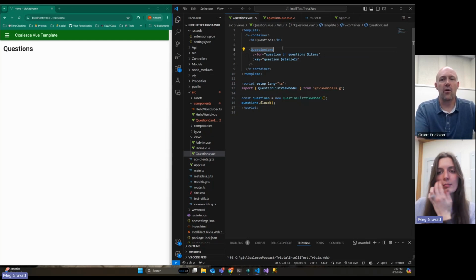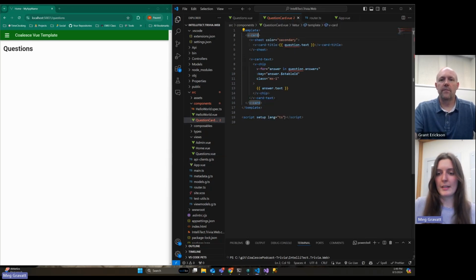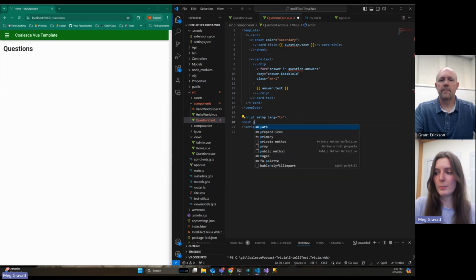And it doesn't even need a close tag. You just get to do a self-closing tag and you're all good. So let's think about how we're going to pass this question in. You can use something called props. And with props, all you've got to do is say const props equals